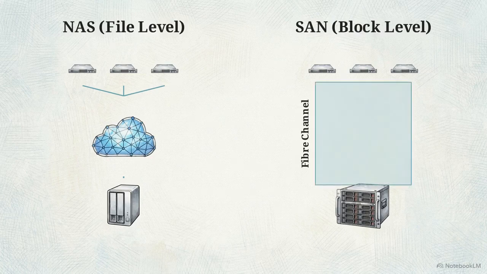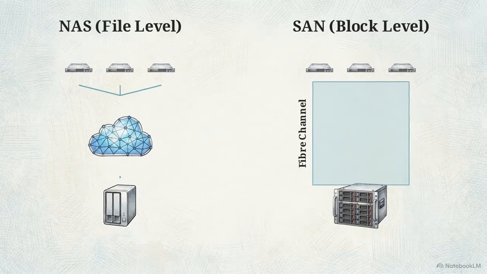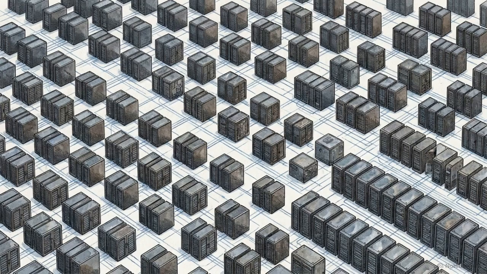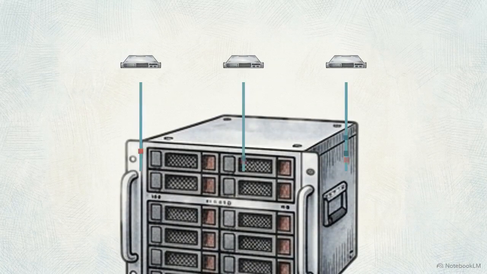Instead of relying on a standard Ethernet cloud, a SAN utilizes dedicated fiber channel or iSCSI connections. A SAN operates at the raw block level. The network removes the file system manager completely, routing unformatted data blocks directly into the application space with zero translation overhead. Because the underlying hardware RAID controller handles all parity and fault tolerance, SANs allow massive application server clustering. The nodes share access to the raw blocks without constantly syncing metadata with each other.